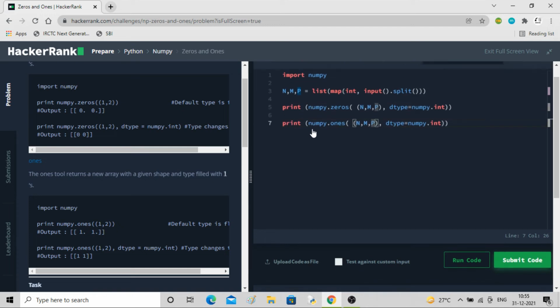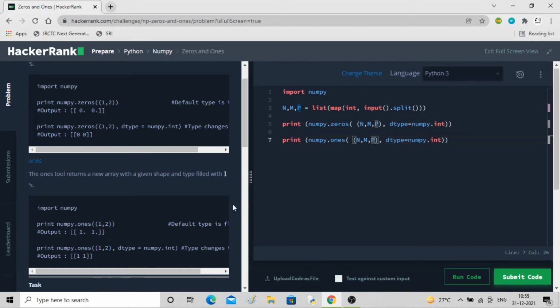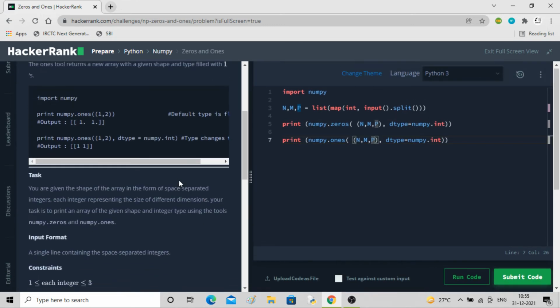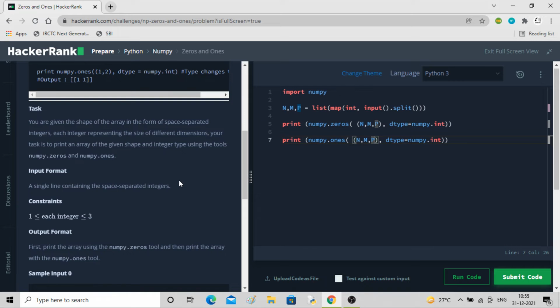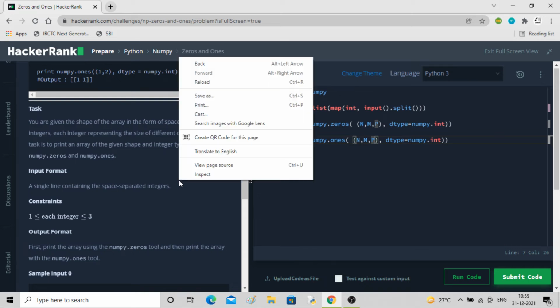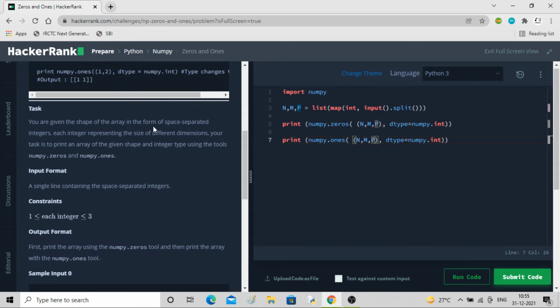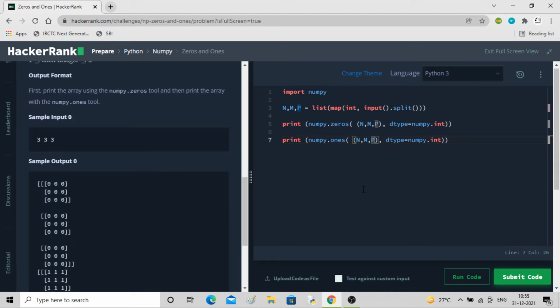Oops, 2 test cases failed. Okay, different dimensions will be there now. This is for 3x3x3 only. So let me check. Let me write ls here.